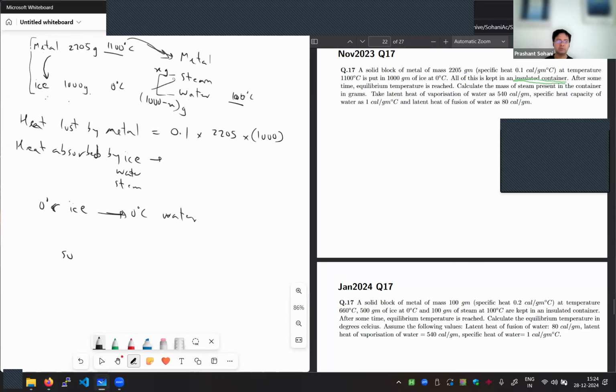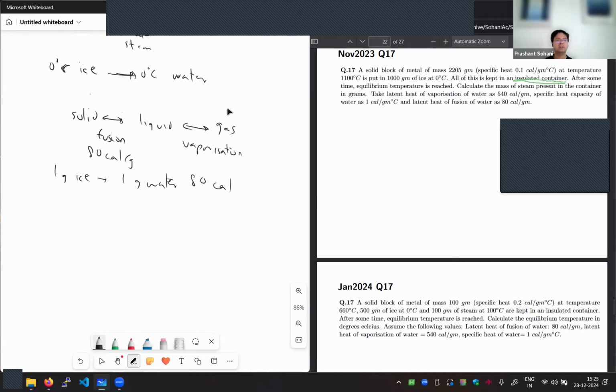So what are those? So when an object goes from solid to liquid or liquid to solid, this is when the latent heat of fusion is considered. And between liquid and gas, it is the latent heat of vaporization. Okay. So the two equations have two different rates of conversion. So for fusion, for example, it is given as 80 calories per gram, which means to convert 1 gram of ice to water. So 1 gram of ice into 1 gram of water requires 80 calories,